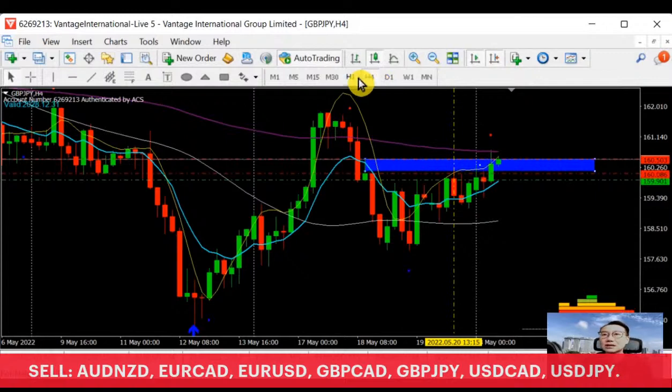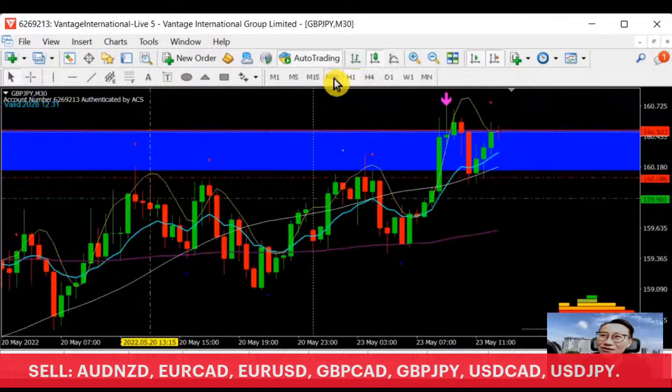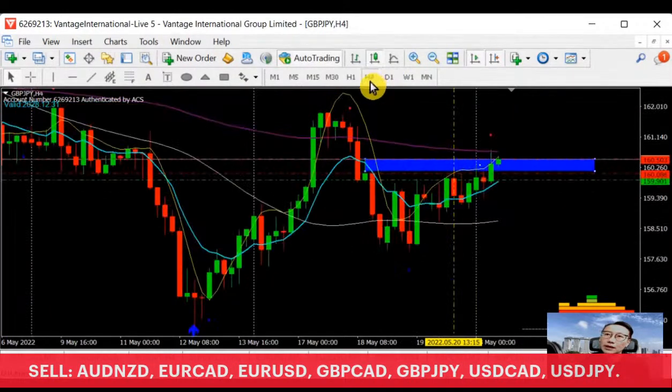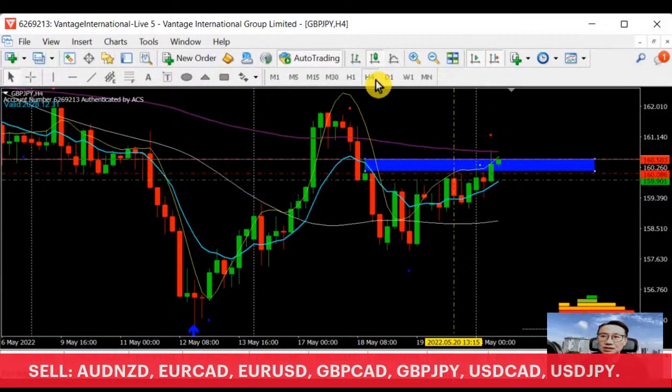Over here, we are looking for a selling in the retracement trading, because pound yen is actually in a bear trend, but today it is having a retracement. So since it's having a retracement, let's look at where we are selling in H4. Look out for the resistance to sell, support to exit a trade.